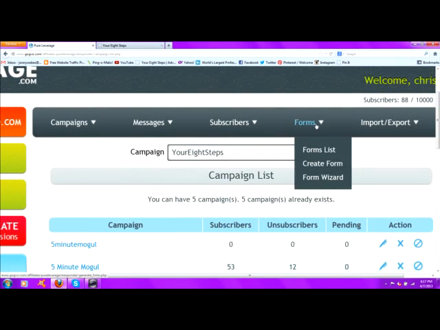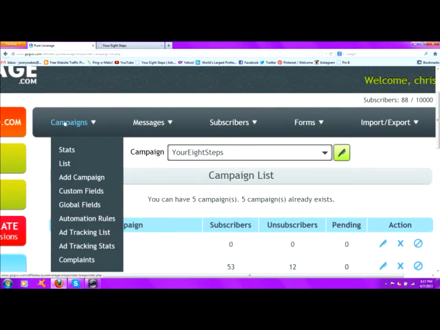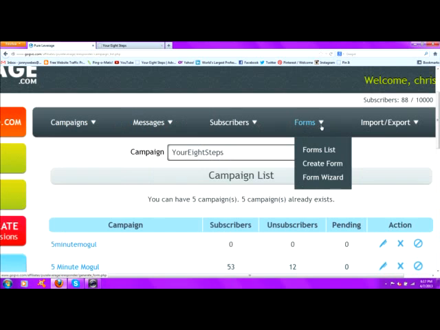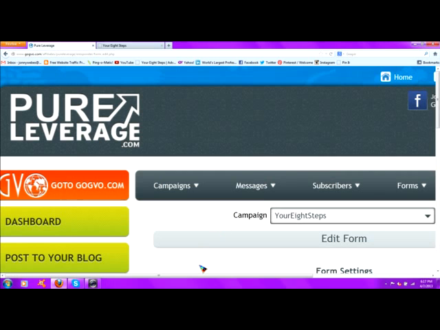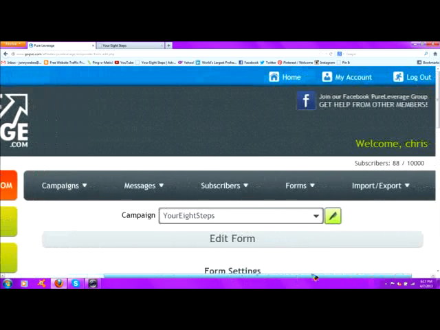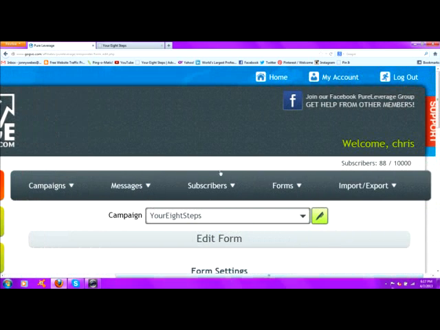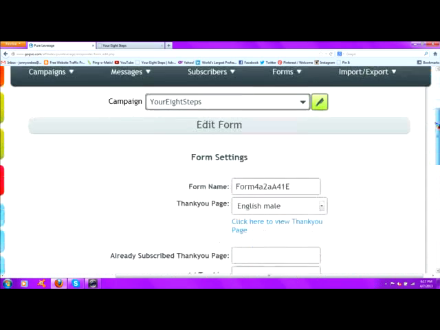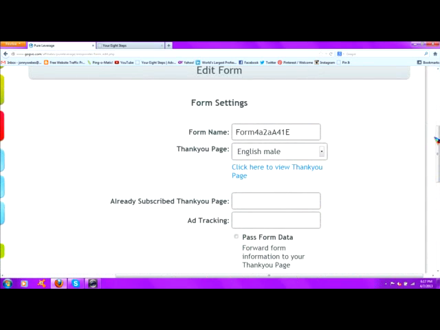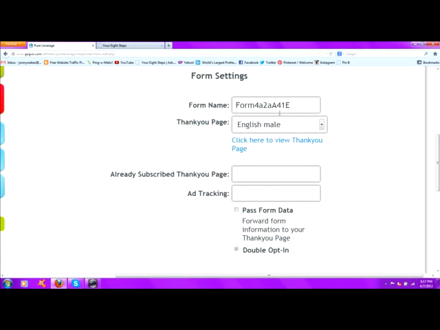Now what we want to do is there's a Forms tab here at the very top of the page. You see these tabs. This Forms tab, you want to click on, sorry about that, Create Form. And you can see we're creating it for the campaign, Your 8 Steps. So now, the form settings, we just want to leave the form name the way it is, the thank you page the way it is,